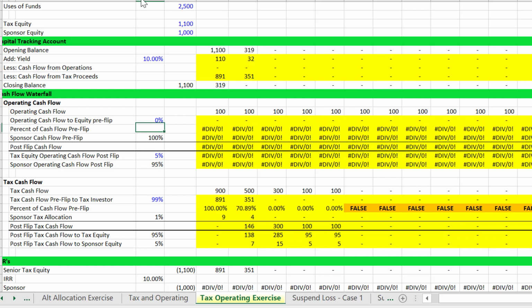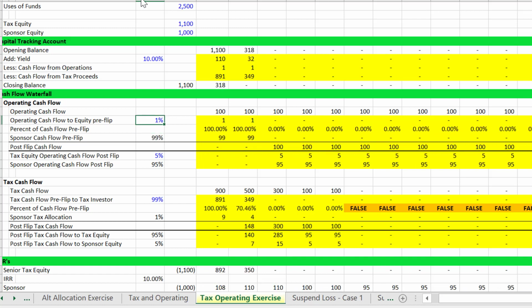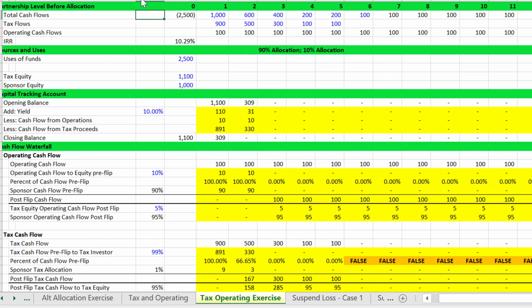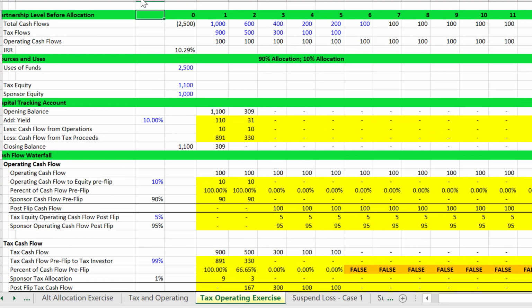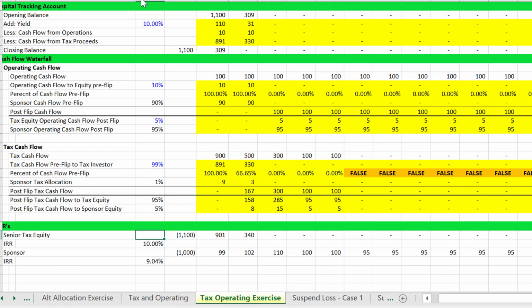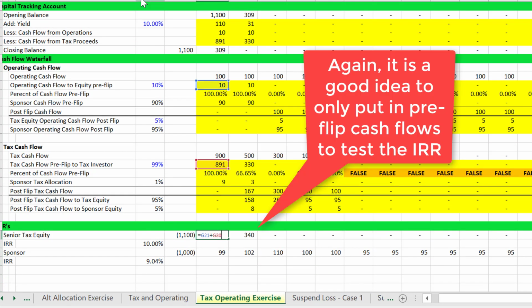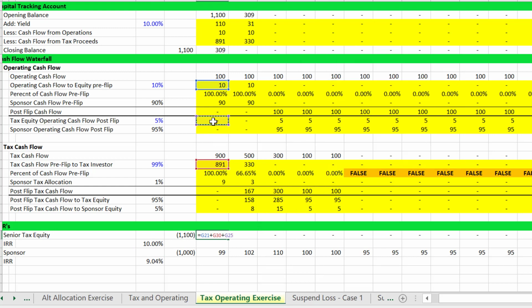If we have none of our operating cash flow, let's put 1% in, then it didn't make much of a difference because they had enough to get everything back from the tax investor. All right, and right now, it looks like I just put in the pre-flip cash flows in here. I should have also, and that's really the good test, added the post-flip cash flows here. And we could have some post-flip cash flows